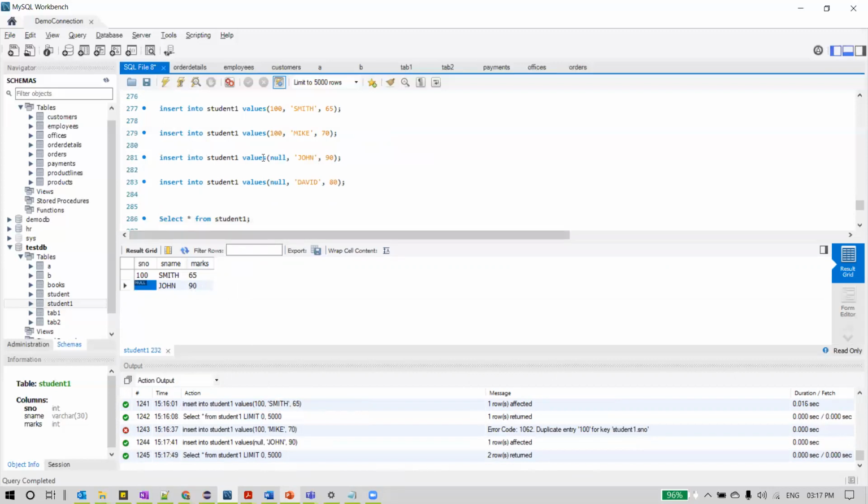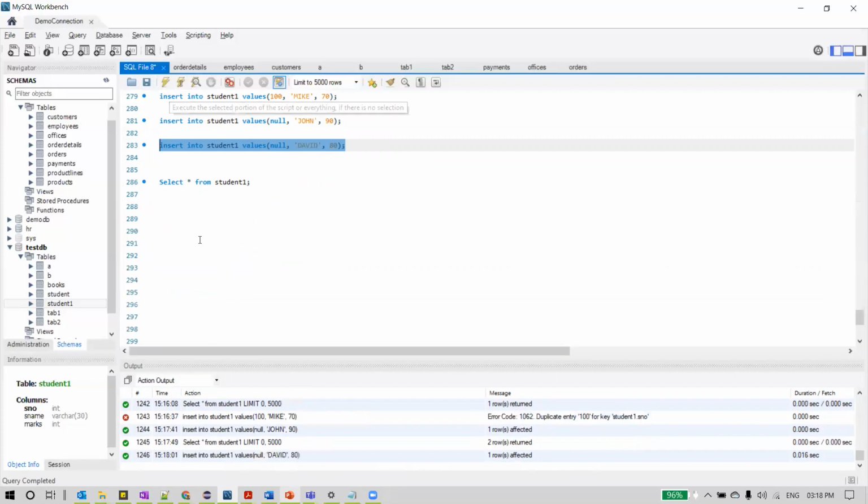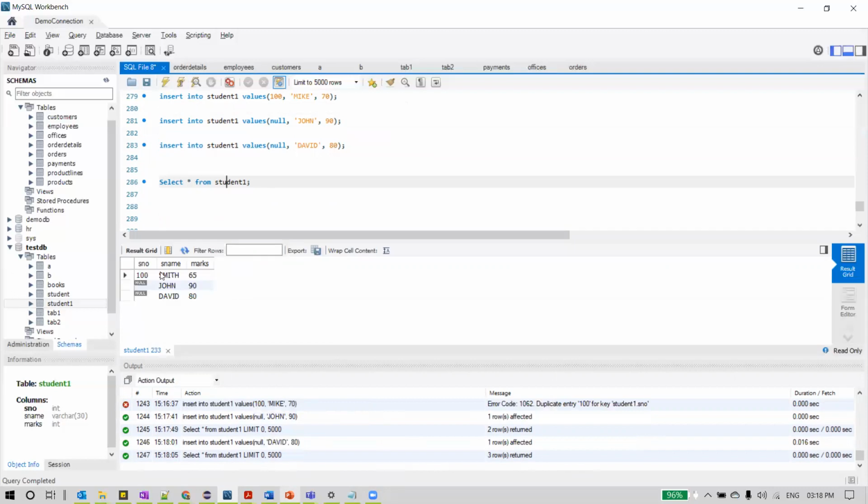You can see S number can be null. So also let me insert another record. So you can see I'm inserting null, David, some 80 as my marks. This also got executed. Now let us view the data. So you can see there are 2 records inserted and these have S number as null.